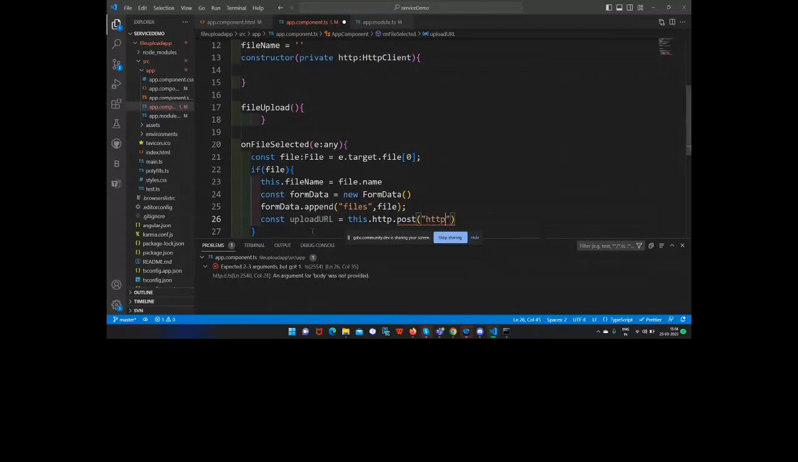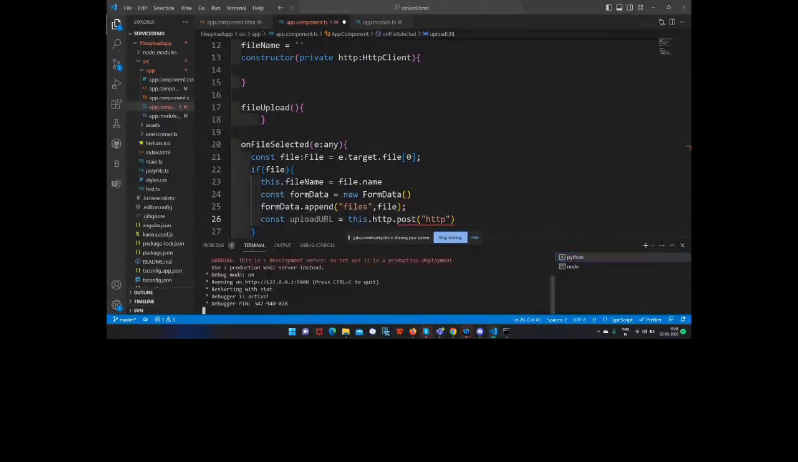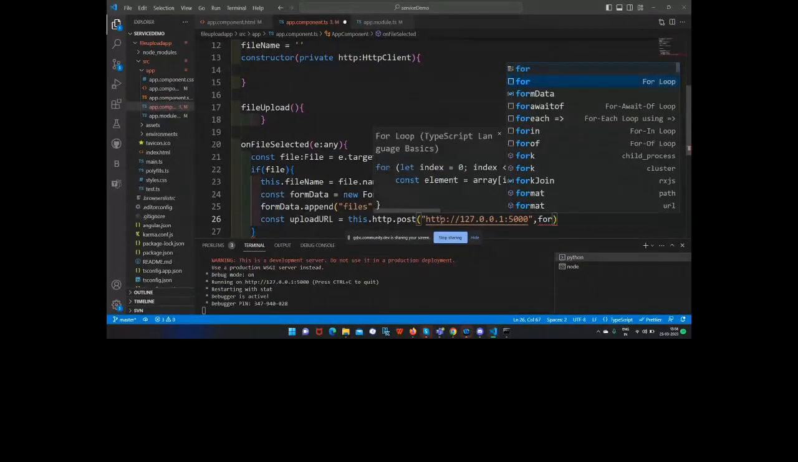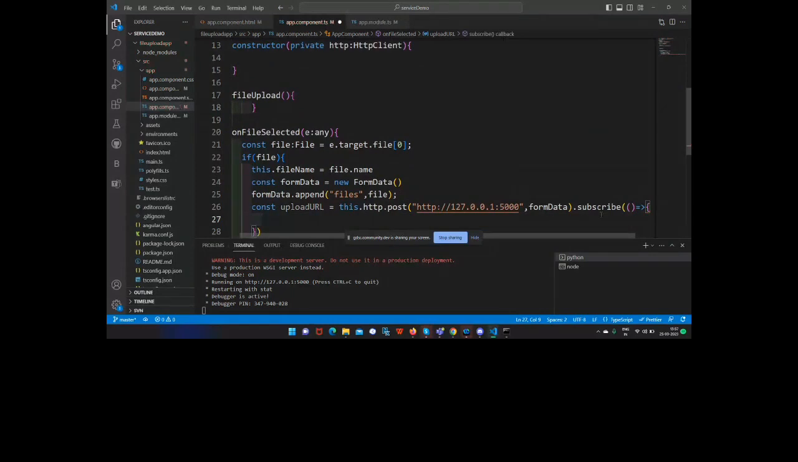So if you remember, we have our Python file running, right? So this is called the API endpoint, and I told you that we have to use this to upload the file. Let's copy this, and I'll paste it here. Followed by I have to give formData, and then later dot subscribe to something called